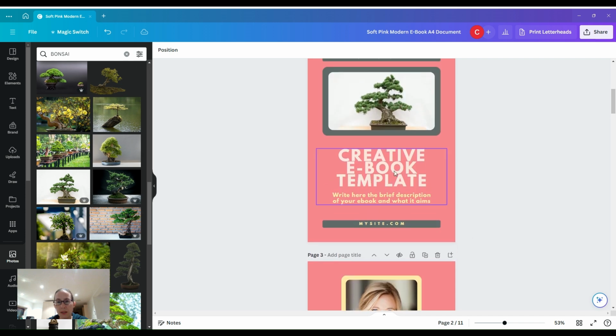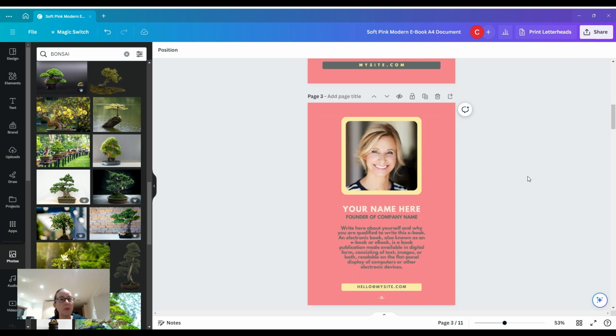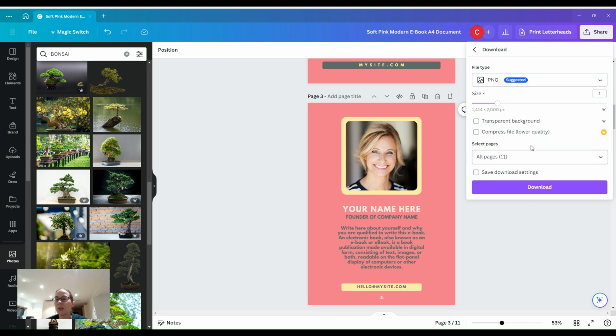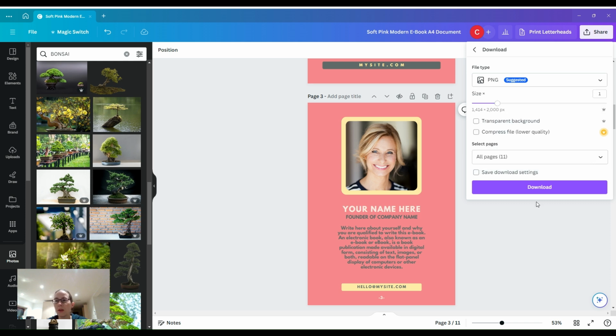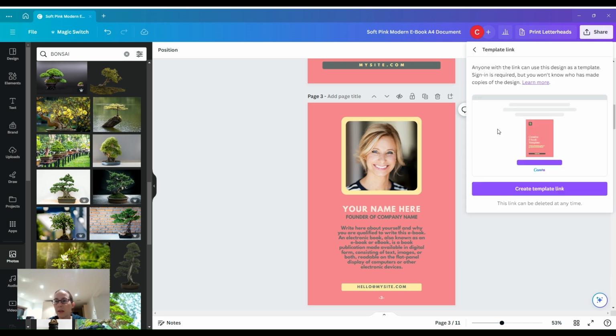We can also add in links. So say this could actually link off to your website. So you just put in the link. So if you want to share these on Etsy or whatever platform, you could either give somebody a PDF, which, say, for example, if you don't want them necessarily to edit it, you just want them to have an example, then I would select PDF standard. There's print, but the reason I would say standard is because any links are still clickable. With the print, it flattens all of it. If you want to share it as a link that somebody can edit for themselves in Canva, then that is here, and that's a template link. And you'd say create template link and then just copy the link,